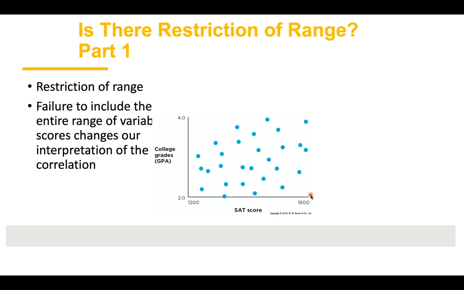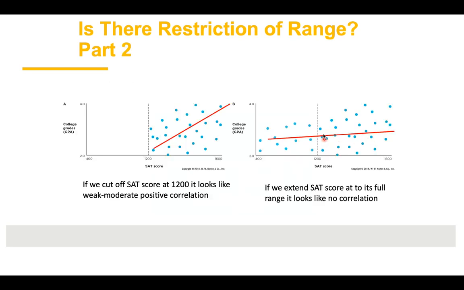1600 is perfect. So what we have here are a sample of odd students, right? These are overachieving students, maybe from a very elite private school that's very selective. And so we see this positive relationship with them. But if we were to include others who score below a 1200, it might change the nature of the relationship, right? So if we restrict our range to only people above 1200, we see a positive relationship, a moderate positive